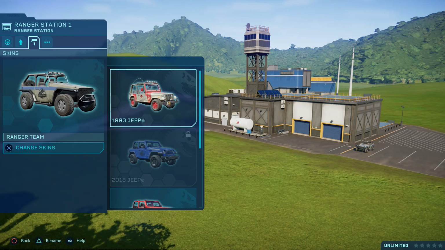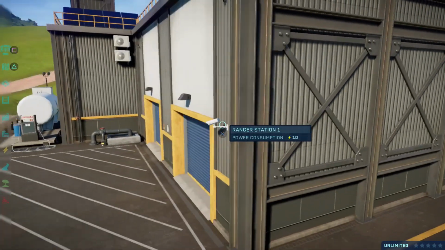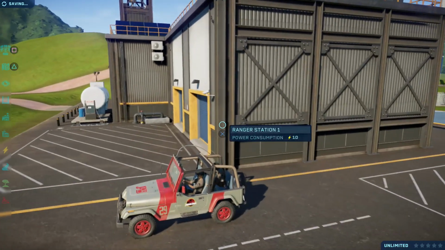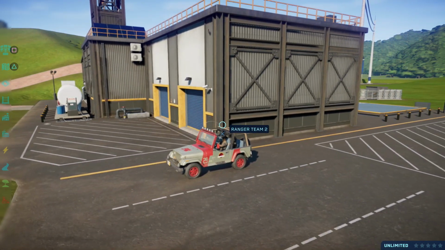Today I'm going to be showing you how to unlock what is, in my opinion, the best skin for the Jeep. It is the 1993 Jeep skin and it has a trophy associated with it as well. And as you can see it looks absolutely amazing. So let's go for a quick spin in this and then I'll show you the method that I used